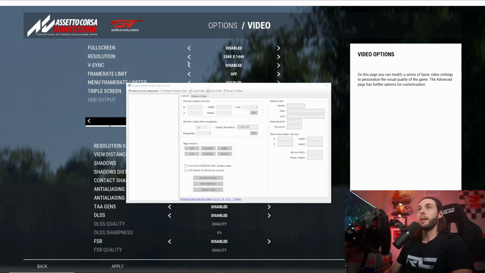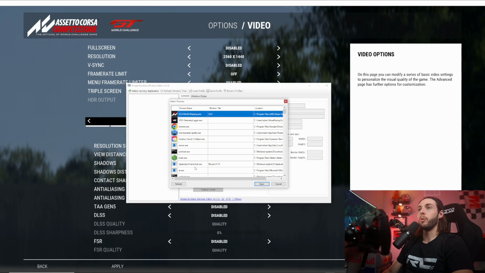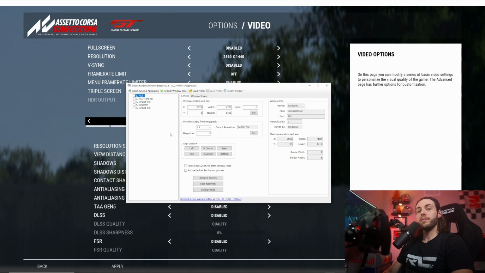So go ahead and open that up, then select Running Application. This will bring up a menu, and we can select from the window that we're going to choose. So AC2 Win64 Shipping.exe is the one we want, and then we just press open. This gives us a few options to set the width, height, and position of the window so that it spans